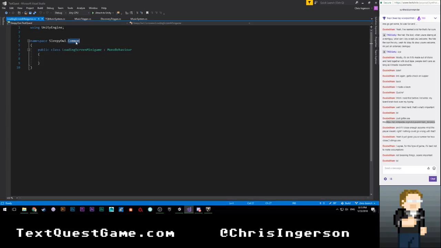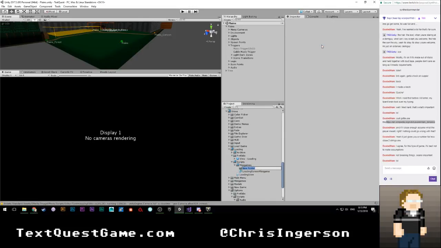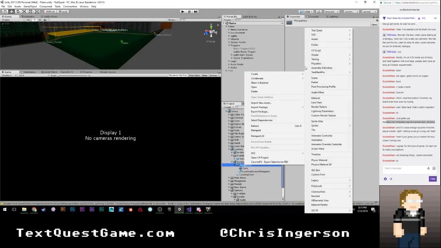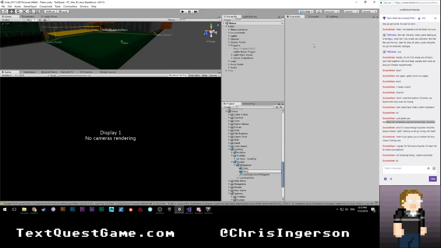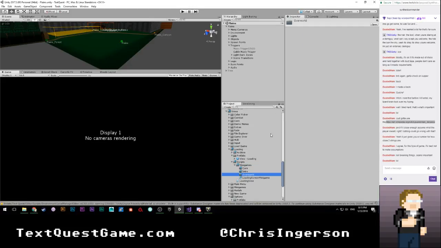Let's go ahead and have a text quest namespace, and I honestly don't know what else. We'll have a class that we derive from, but I think for now we're not going to put anything in it yet. So let's go ahead and let that compile. I guess I'll also go ahead and have a folder called like core or something, so that I can have specific minigames in specific folders. So we'll have folder. We're going to have intro. Create folder. Overworld. Create folder, and